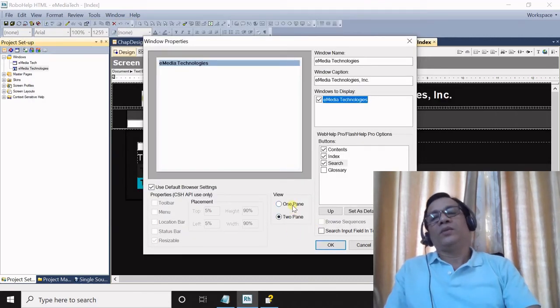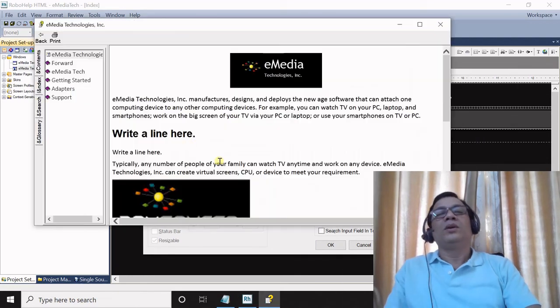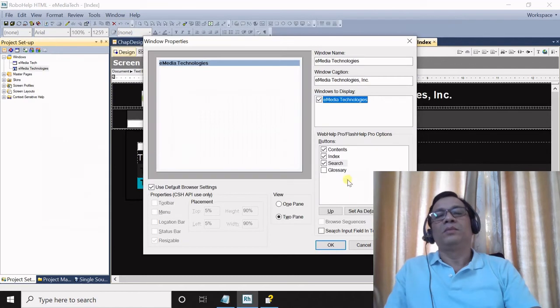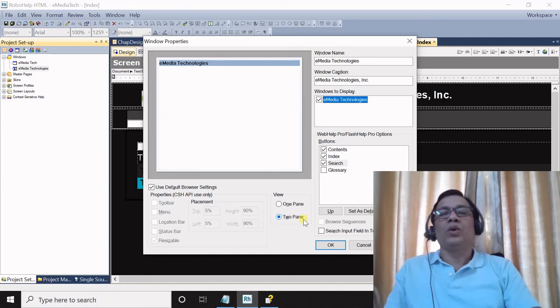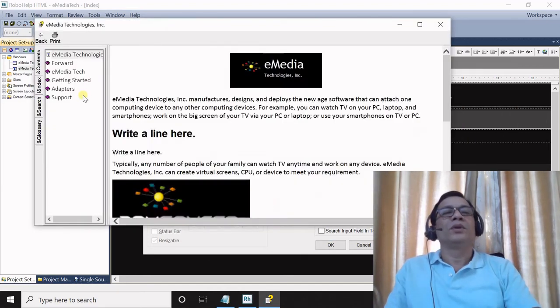If I select one pane, then the left pane will not appear, only this part will appear. But I have selected two panes for web help. So the help will appear in two panes, left and right.